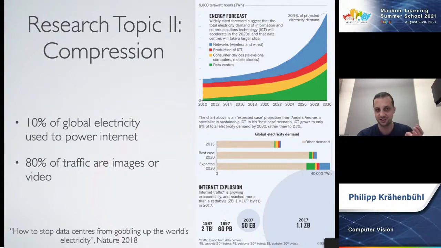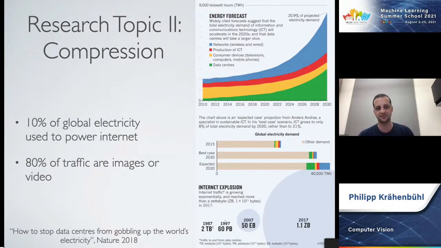And believe it or not, 80% of the traffic that the internet produces is images or videos. Now, that doesn't mean that 80% of that 10% is going towards streaming videos, but a large fraction of the power consumption of the United States is just that people can watch videos or look at pictures online.